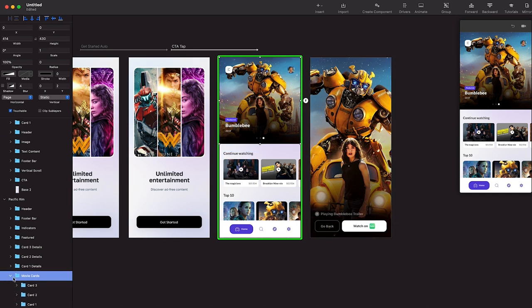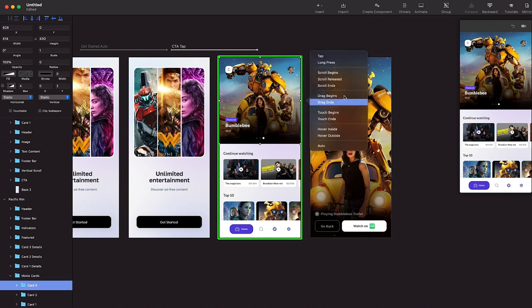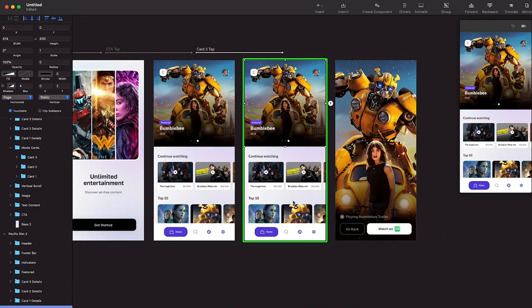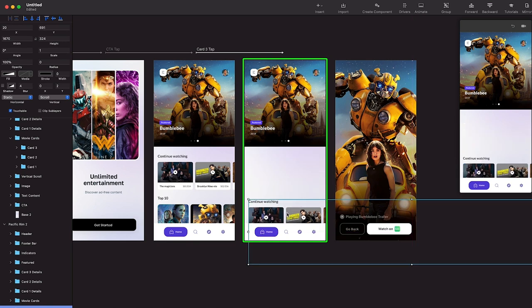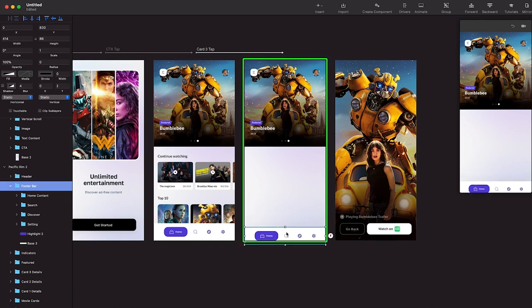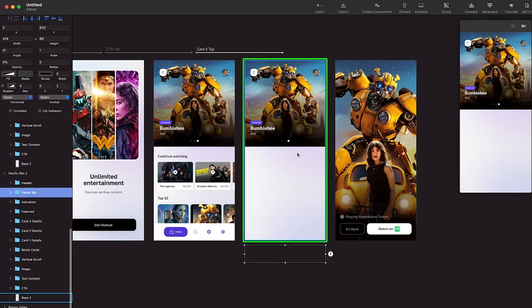So I'm just going to go to card 3, tap, click, and move this vertical scroll down, reduce opacity. I'm going to move this footer bar down, reduce opacity,